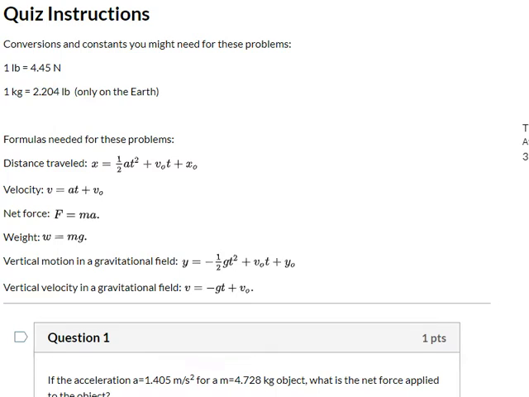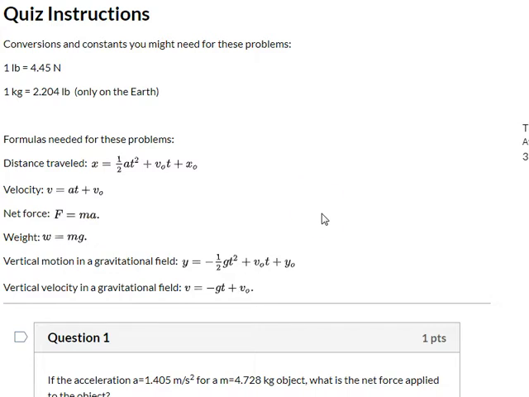Formulas we're going to need for these problems. The distance traveled is 1/2 of the acceleration times the time squared plus your initial velocity times time plus your initial position. Your velocity at any time is the acceleration times time plus your initial velocity. Newton's second law, right? Force equals mass times acceleration. Weight is mass times the acceleration of gravity. So on Earth, acceleration of gravity is 9.81